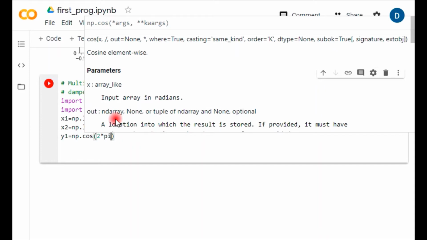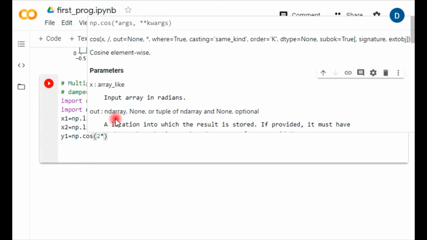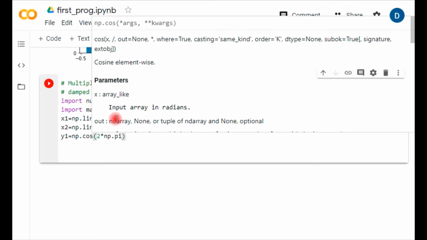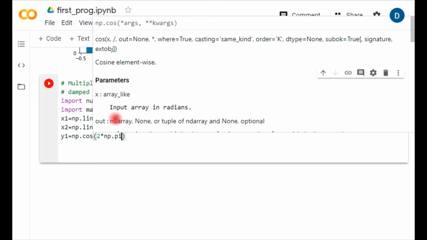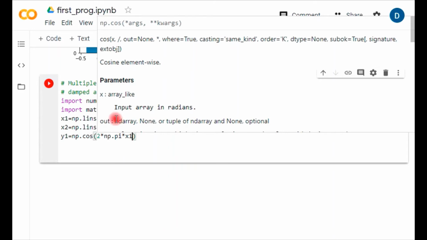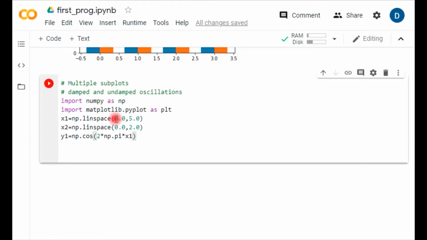As we are using numpy, we go for np.pi. It takes all the values from x1 sequentially. So this is basically a cosine function.